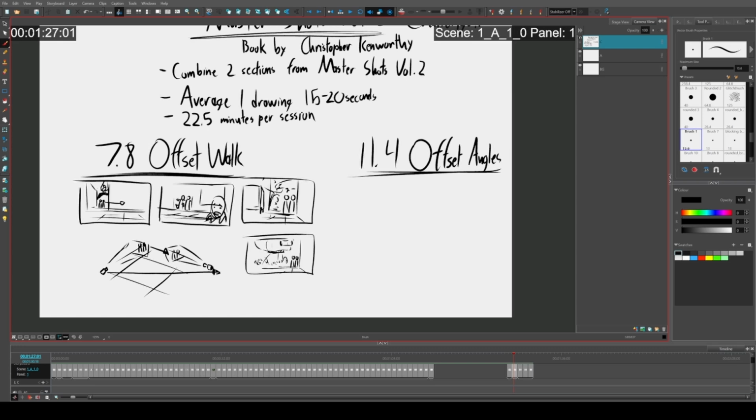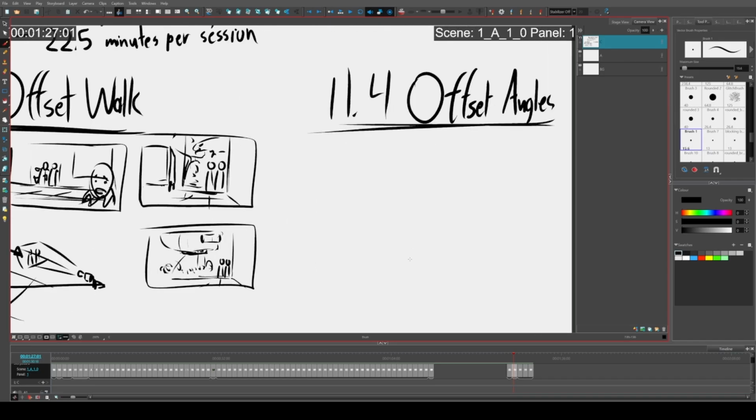Okay, sorry, I'm just double checking this because this is a section I've never done. All right. Okay, I understand it. It's a pretty simple concept. This is more of a concept than a shot type. So for offset angles,